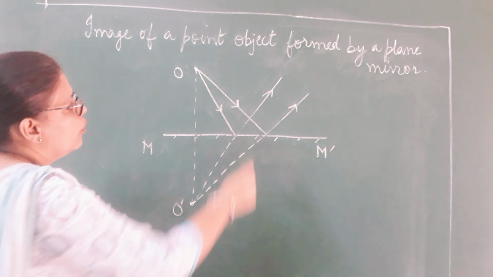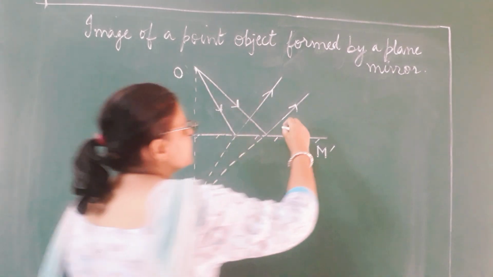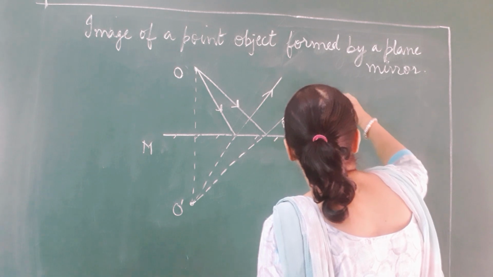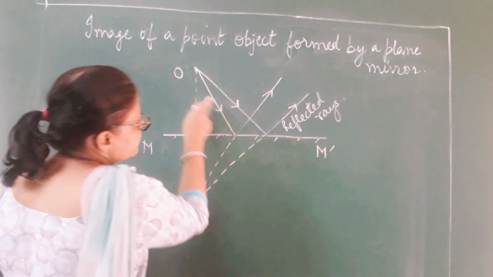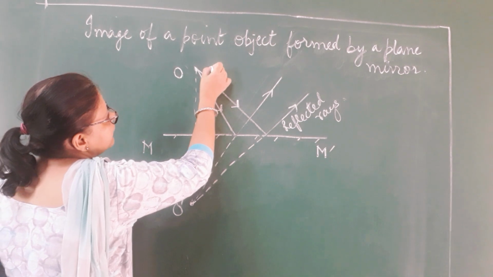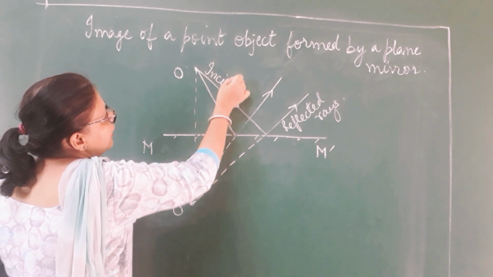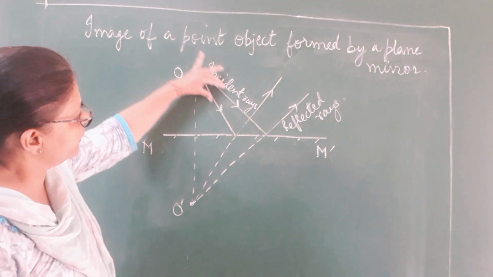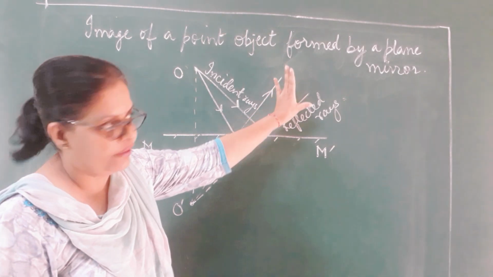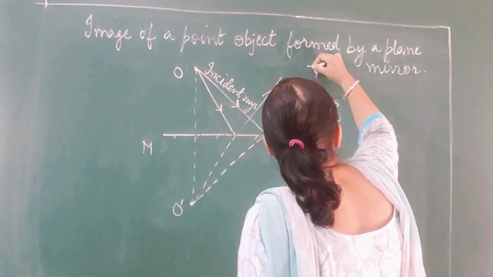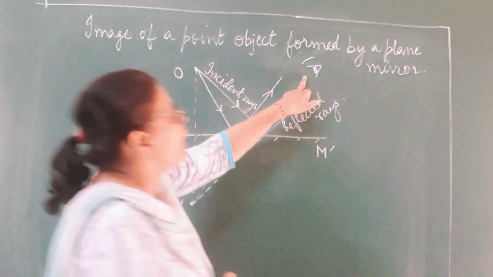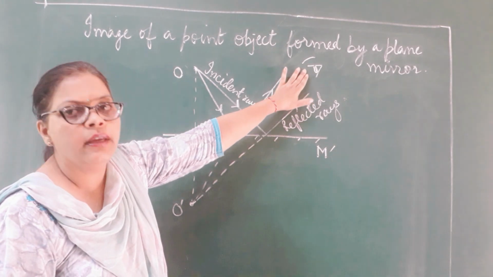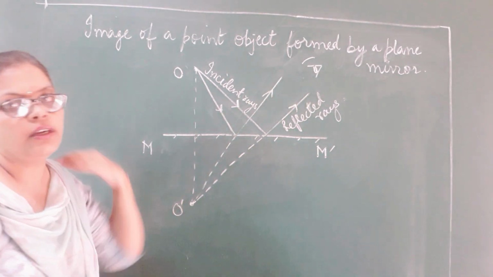Right, children? So, what are these which I have pulled back? These are the reflected rays of light, and you can see these rays which I drew slanting are the incident rays. So, these 2 are the incident rays, these 2 are the reflected rays, and where am I going to station my eye? As an observer, my eye will be here, because I am going to see this image which is formed. Here the eye is going to be drawn so as to observe the image formed.